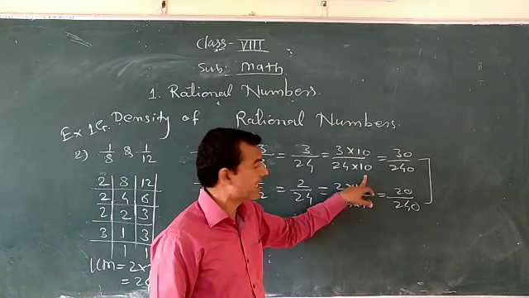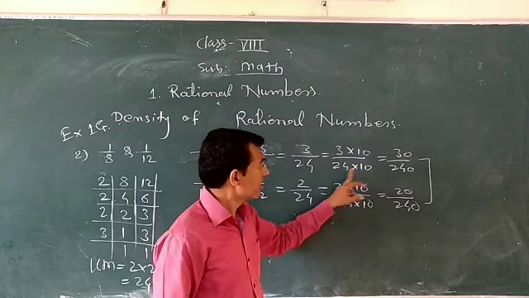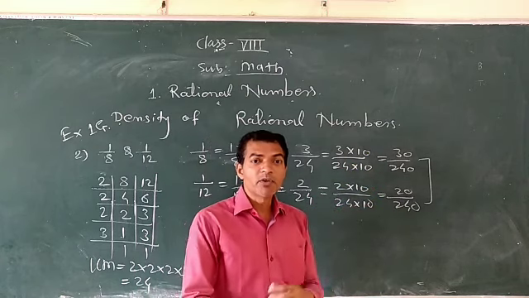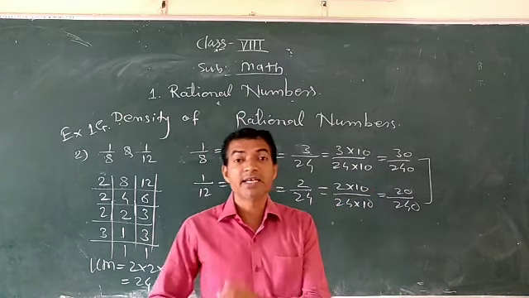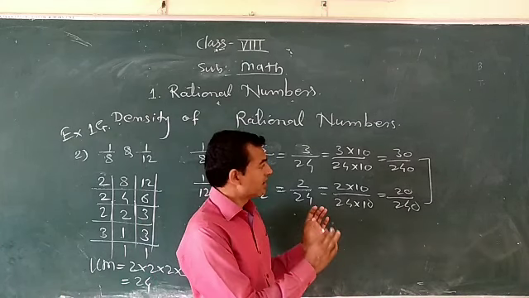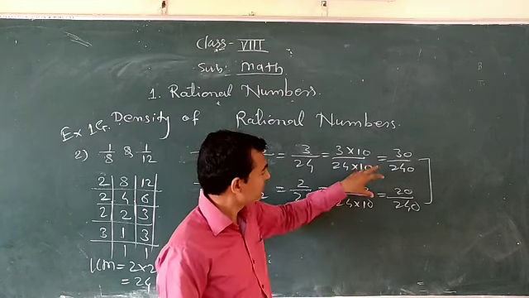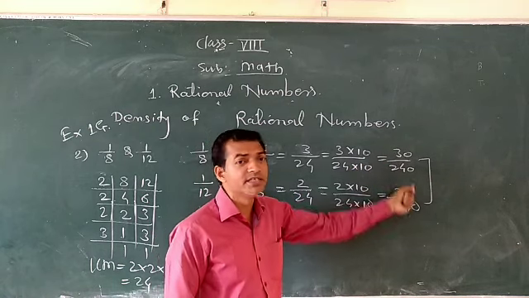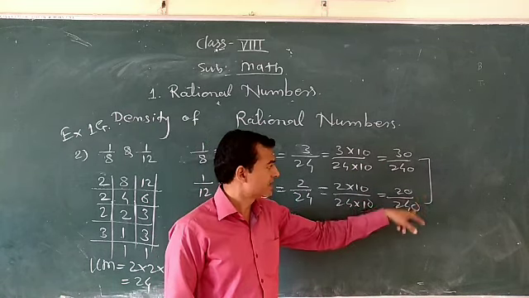But suppose you write 9 by 9 here. Then 24 into 9, again you have to multiply 24 into 9. Then it takes more time. Okay. So by using the shortest method, you write 10 by 10, which means you have to put only the 0. So directly you can get the answer here.